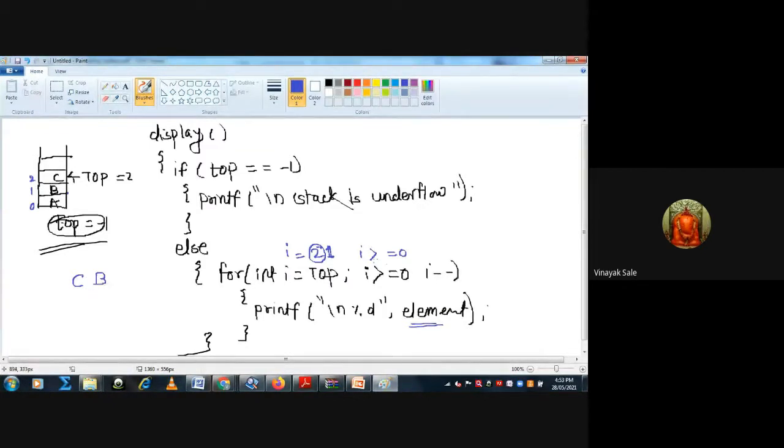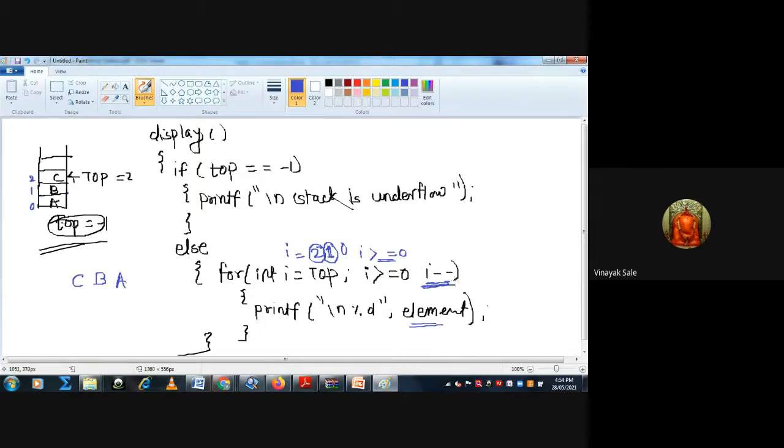Then again decrement the value of i. So now it becomes 0. So the value of i is equal to 0. i greater than or equal to 0 is true, so print the value at the 0th position, that is A. Then decrement the value of i.